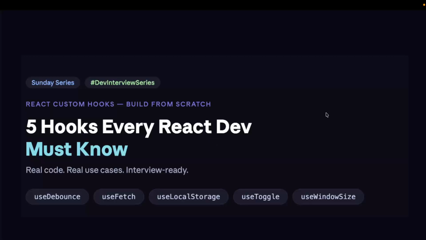If you have been writing React for a while, you have probably been copy pasting the same